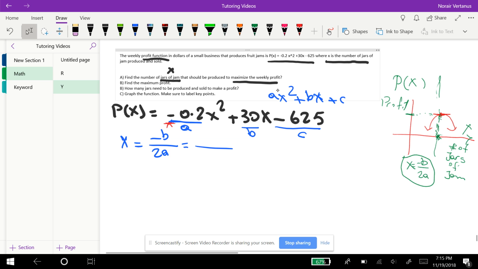The number multiplied by x squared is a, the number multiplied by x is b, and the one not multiplied by x, actually multiplied by x to the 0, which is 1, stays alone. That's c, right here, negative 625. So negative b is going to be negative 30